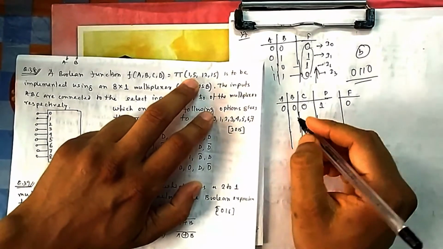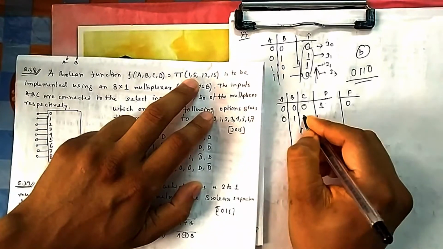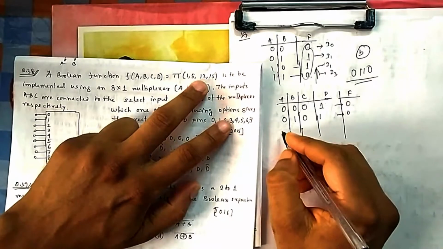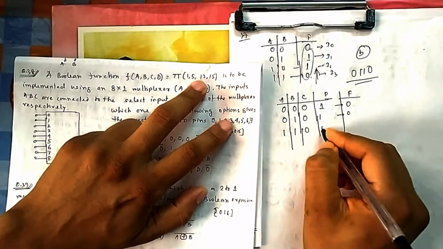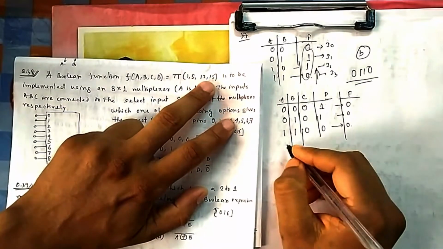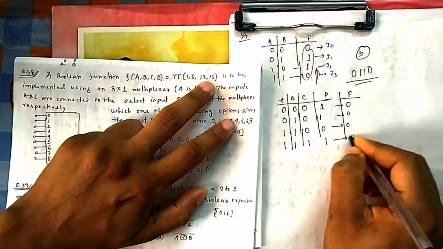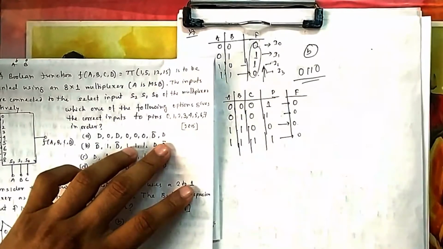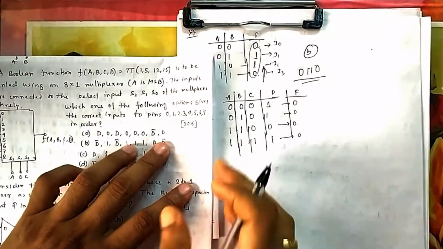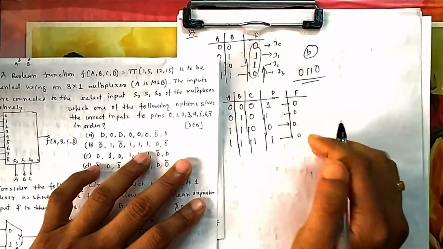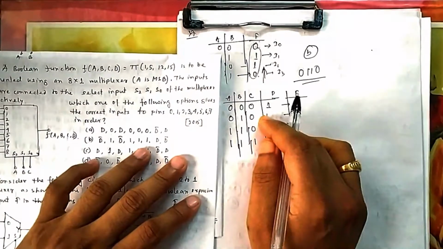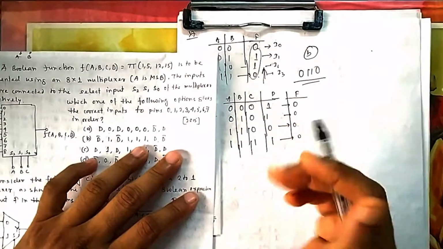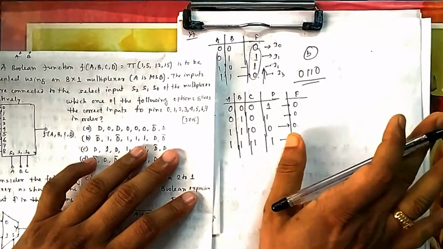And the next one is 5, so it will be 5, 0 4 and 1 5. So in this case also your output is 0. 12 means 8 then 4, so it will be 12. 15 means all 1, that is 15. Okay, these are the 4 cases in terms of POS where the output is equal to 0. Very good. Now you can see, in the rest of the other cases your output is 1. So in the rest of the cases you will take 1, that should be your output, that is fixed.